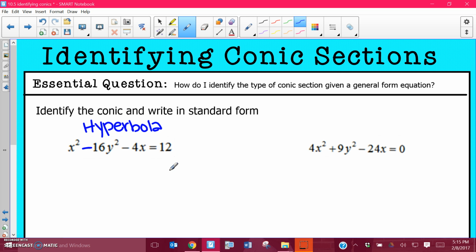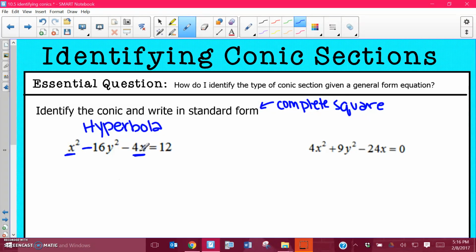Okay, so now that I know what kind of conic section it is, I'm going to go ahead and write it in standard form. And in order for me to write it in standard form, I have to complete the square. You're going to have to complete the square the number of times you see both a squared and a not squared term. So for this one, I'm only going to have to complete the square once